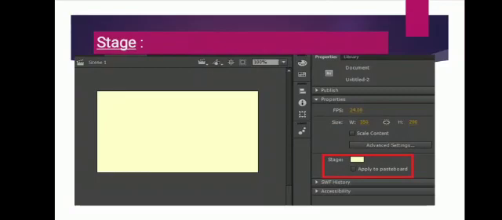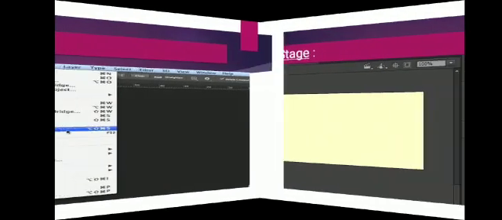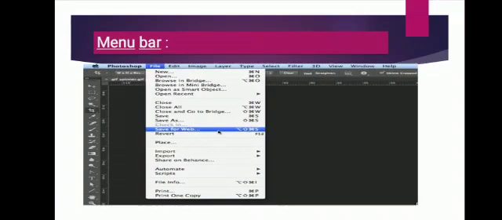Now we will discuss the menu bar. See, this shows the menu bar: File, Edit, Image, Layer, Type, Select, Filter, these all. The menu bar provides control over common functions like opening, closing and saving of a document, and other features like copying, pasting, calling up specific panels, and controlling the Animate elements that can be seen under the menu options. Okay, so these are the options present in the menu bar.